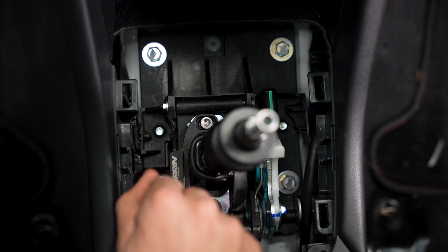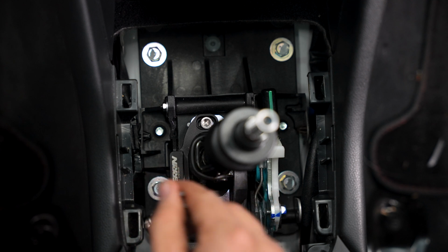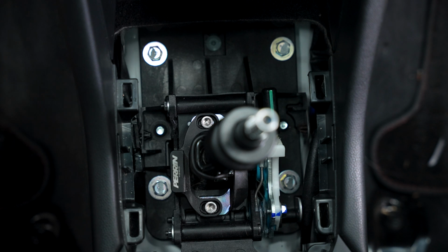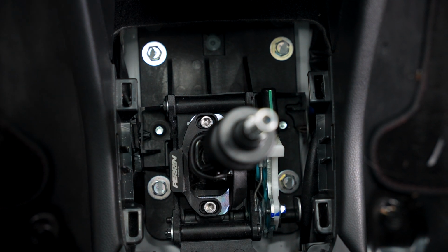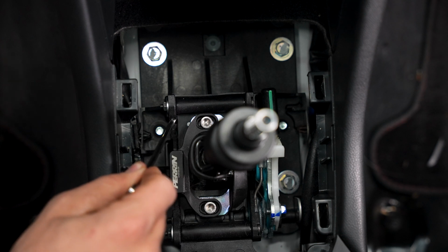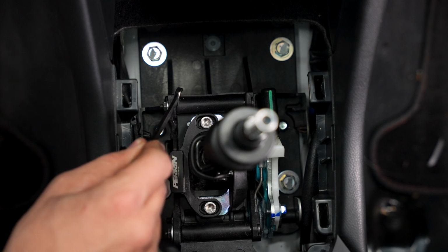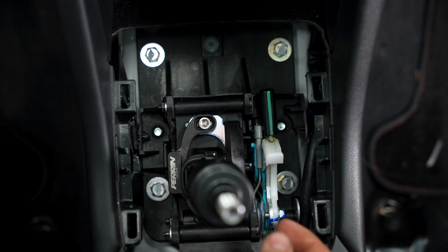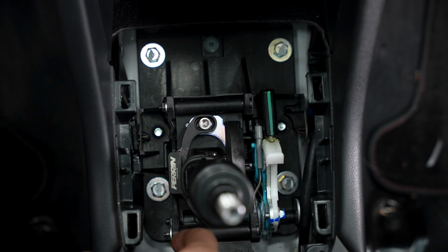Now to gently tighten them down. All right, that should be about good. Basically, all you're trying to achieve here is to reduce the gap between this piece of plastic and this round cylindrical piece of plastic, and same thing down here. All right, now that we've gotten rid of the gap between our plastic pieces,